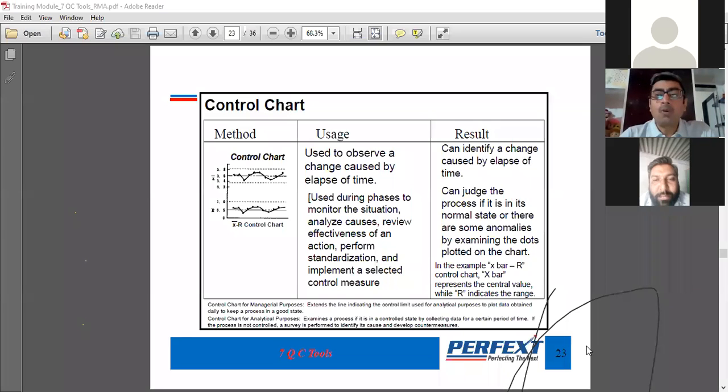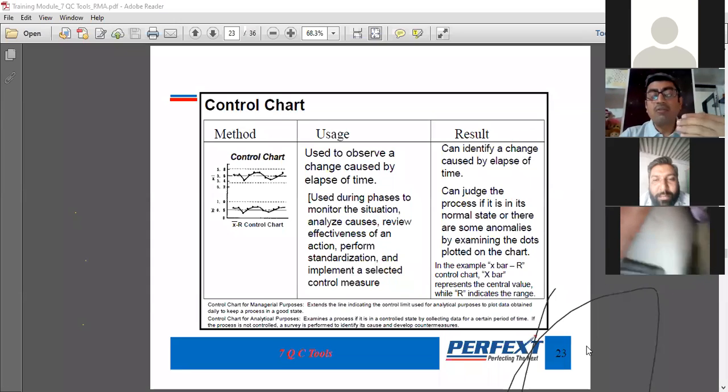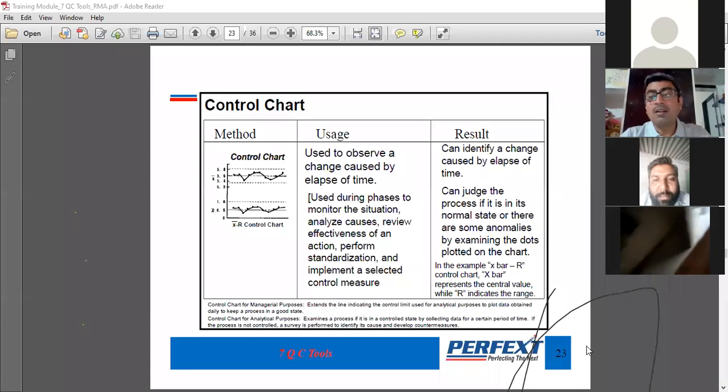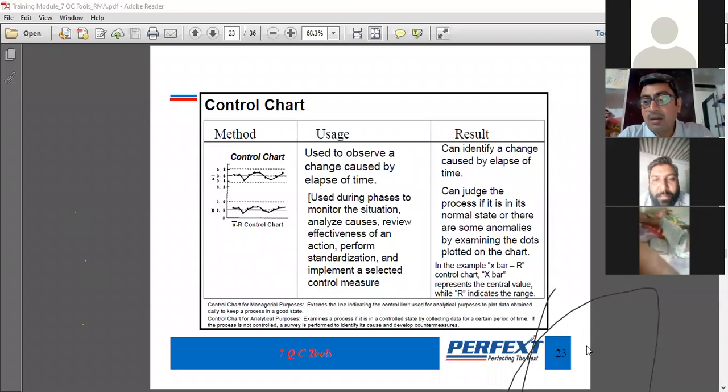of time the process can perform, or we can predict the process. So how the process will behave over a period of time, like after a certain period of time, the process is going to create the rejection. This way we can predict the process, and before we really produce the rejection, we can control the process, so the rejection can be eliminated.